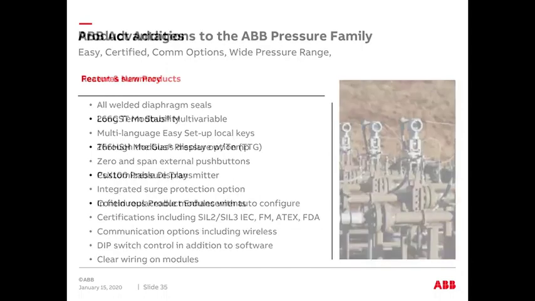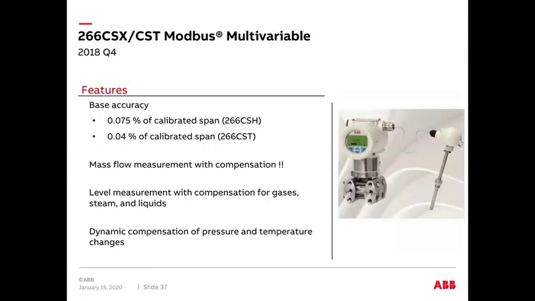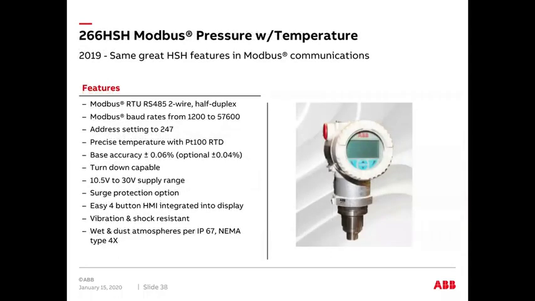There are recent new products, so ABB continues to develop and add products. There's a new product that we released late in 2018, which is a mass flow measurement type of multivariable, which communicates with Modbus. And it's great for level measurement and other types of things. We have a new one released just the end of last year, so a month ago we had another release